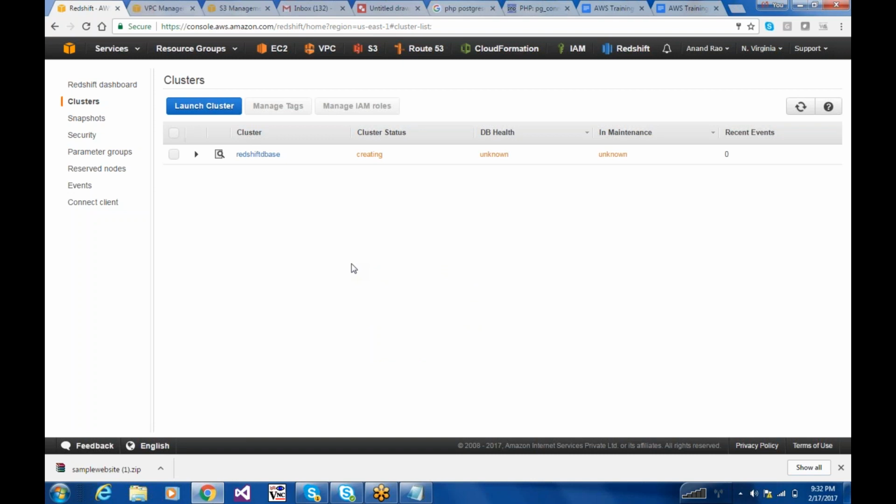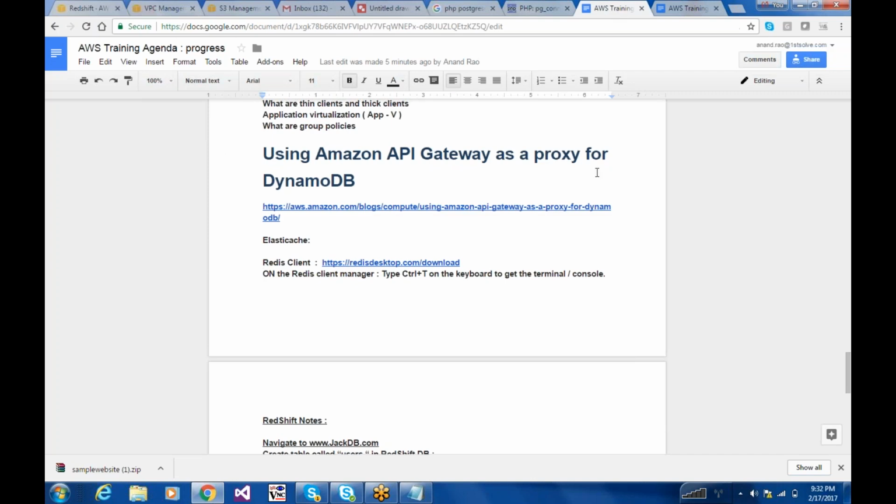Redshift also has several fans. A lot of fans have created their own front-end mechanism to query, control, manage, and update the database. One of those mechanisms is there in the documentation. So what's that? It's called